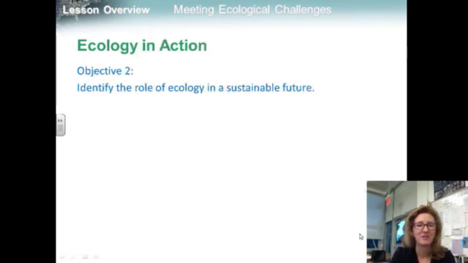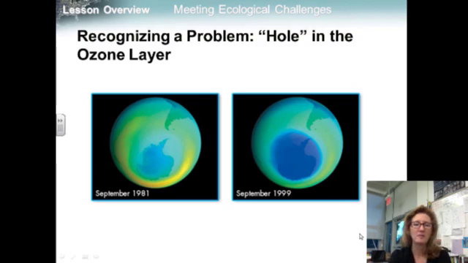All right, objective 2. Identify the role of ecology in a sustainable future. The future of the biosphere just depends on our ecological footprints, global population growth, and technological development. Ecological research properly collected, analyzed, and applied can help us make decisions that will produce profoundly positive effects on the human condition. Between 20 and 50 kilometers above the Earth's surface, the atmosphere contains a relatively high concentration